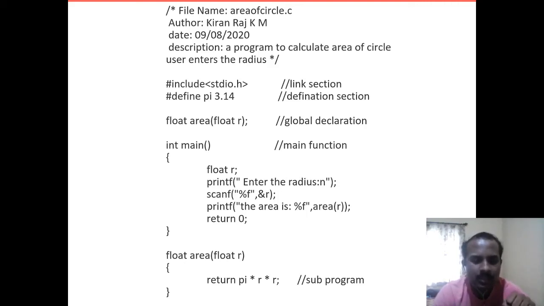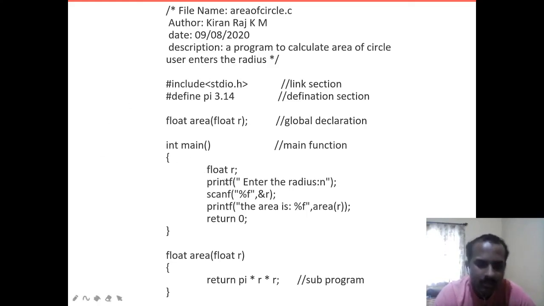Radius will mainly be a floating point number, that is, a decimal point number, like 4.5, 3.6, 3.88. That is why I made it float.